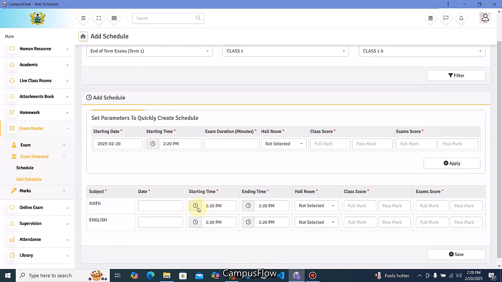Those are the things that are going to be included in the schedule of the exams. Okay, so for now we have the time as 2:20 p.m. Now the exam duration, you would want to give it, let's say, 1 hour, so just leave it like this. And then the room, let's say this is going to be inside room 1, so you select the room. Then the class score, you would want to have it like 50, and then the pass mark, let's say out of 50, if the student gets 30, it's a pass mark. And then the exam score, the full score is also going to be 50,